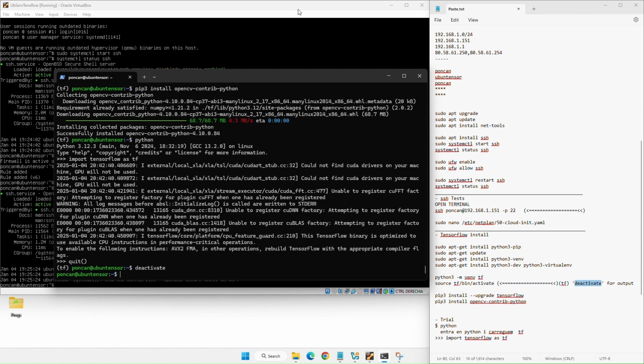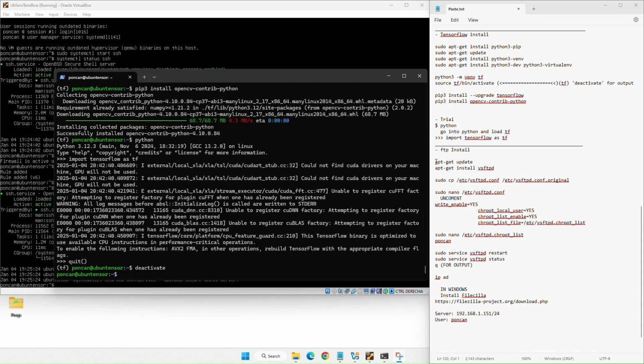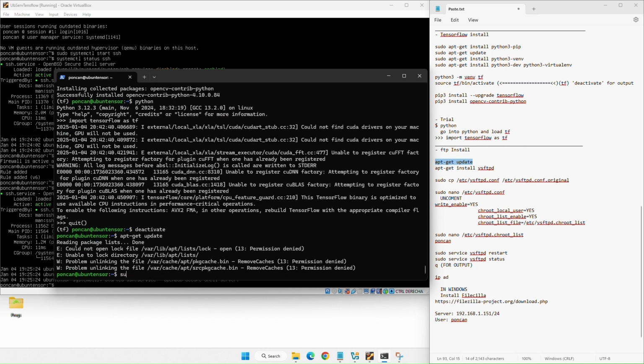Now we will install the FTP server to be able to transfer files from Windows to the server and vice versa. It will be useful to introduce the training files, the programs in Python, and to extract the files with the weights of the neural networks.